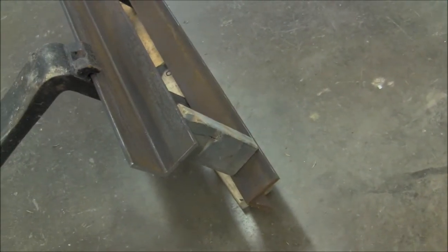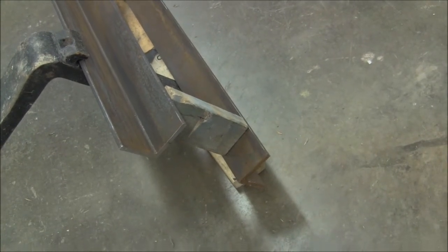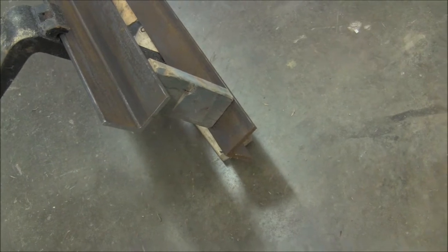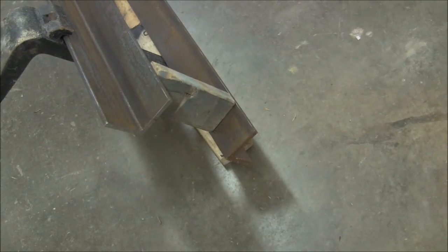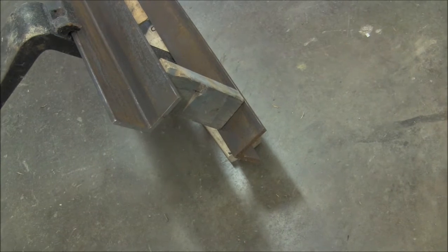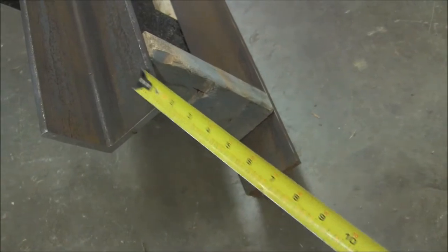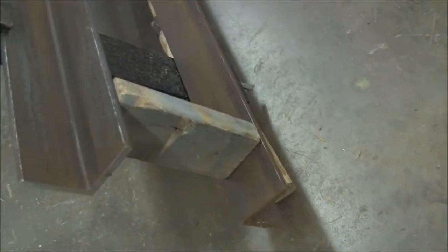So the best way to do this is to actually take the forks and use those as a jig and put the stringers in place and get a measurement that way. So that's what we've done here. And I'm pretty happy with the dimension that I've got here. And I've noted it, and when we weld these stringers into the actual frame, that's the dimension that we'll hit. And we'll verify this dimension a couple more times probably before we actually weld these stringers solid into the frame,